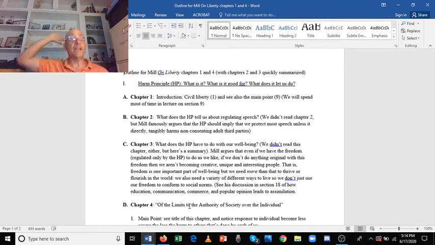Now, what are the implications of this? Well, you can imagine quite a few. In chapter 2, which we did not read, Mill is going to argue famously that we should protect speech that's false, right? Just completely out and out false, bad science, Holocaust deniers, you name it, as well as protect true speech, because that doesn't physically, tangibly, palpably, materially harm non-consenting second parties beyond them being offended, right? Mere offending somebody else with your speech on a Mill on Liberty framework, and this would be in chapter 2,